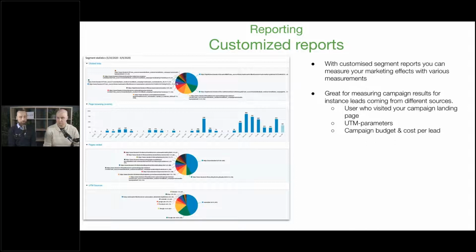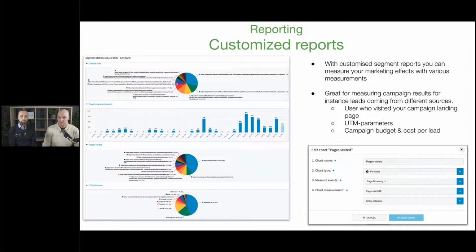They use these UTM parameters to track how LinkedIn ads and Facebook ads are working, and they can set budgets for these campaigns and track the cost per lead in different campaigns and different sources. And there's just an example of how these are done. So you can set the chart types, you can choose the events you want to measure, and yeah.